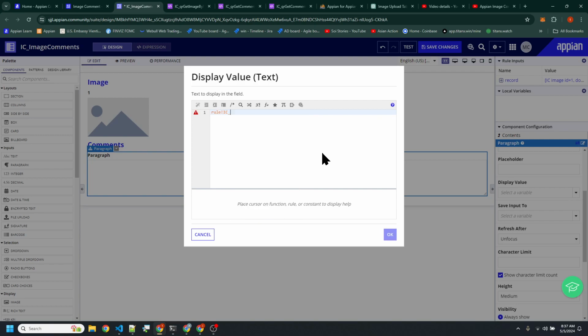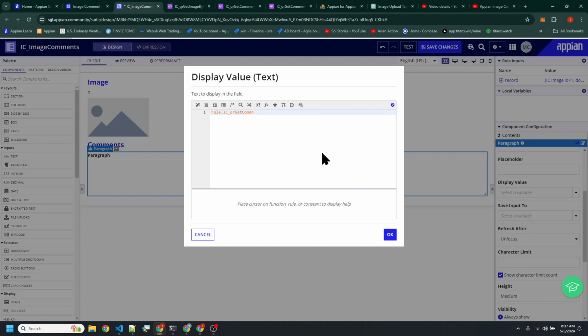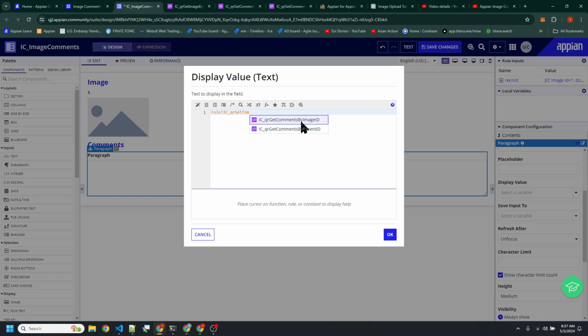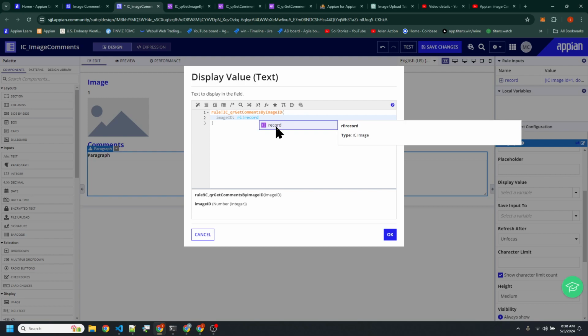So we're going to do a rule.ic_queryRecord_getCommentByImage, and then we're going to pass in image ID. Then we're going to do a record, well, RI record, that references this guy here, and then we open parentheses and do a record type here.